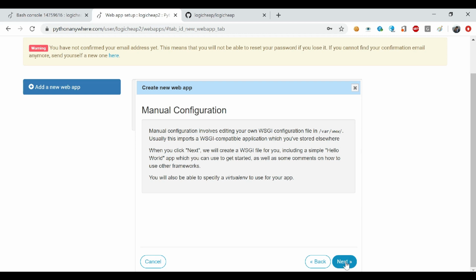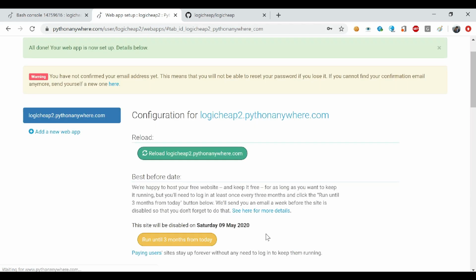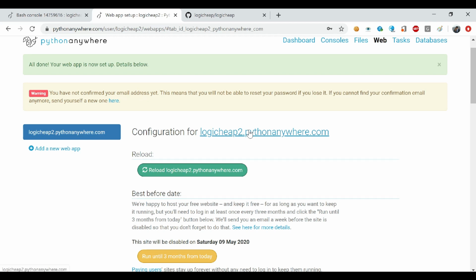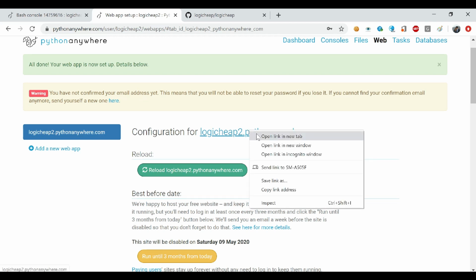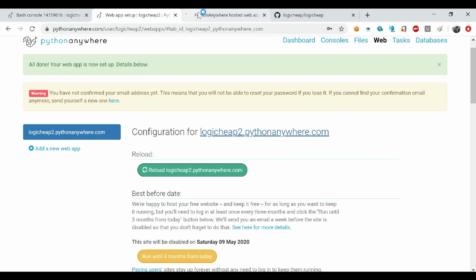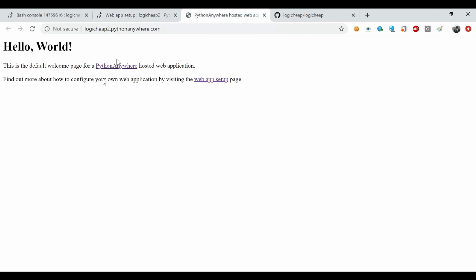Then manual configuration. So in the manual configuration, you need to change the WSGI file, which I'm just going to tell what it is. Now, when we try to access our newly created web app, simply click on configuration for logicheap2.pythonanywhere.com. See, it is presenting you a page.